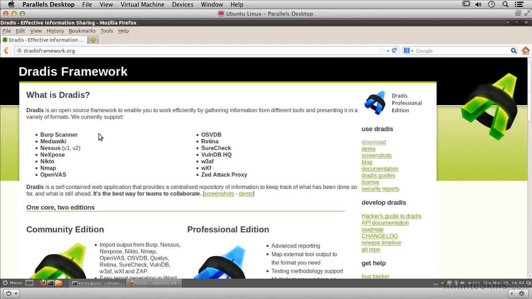You can see here I'm on the Dradis Framework website, and it gives you an idea of what Dradis is, and here is a list of the tools that they actually support. So we've got Burp Suite, we've got Nexpose and Nessus, Nikto, Nmap, and W3AF, the Zed Attack Proxy. So there's a number of different tools that it supports the output from, and we can take that output and put it into Dradis, and we've got one place that we can store all of the information, which